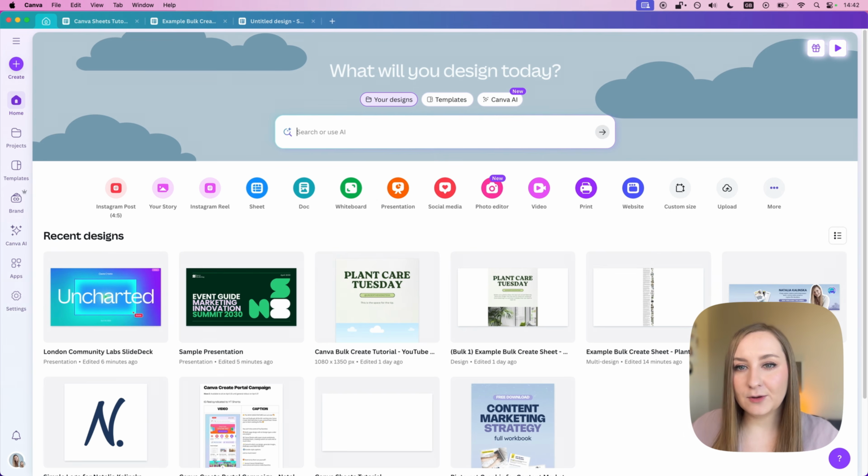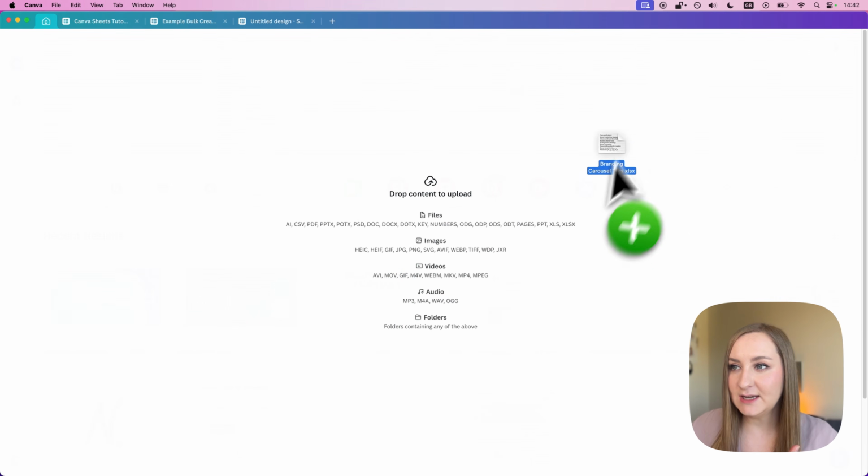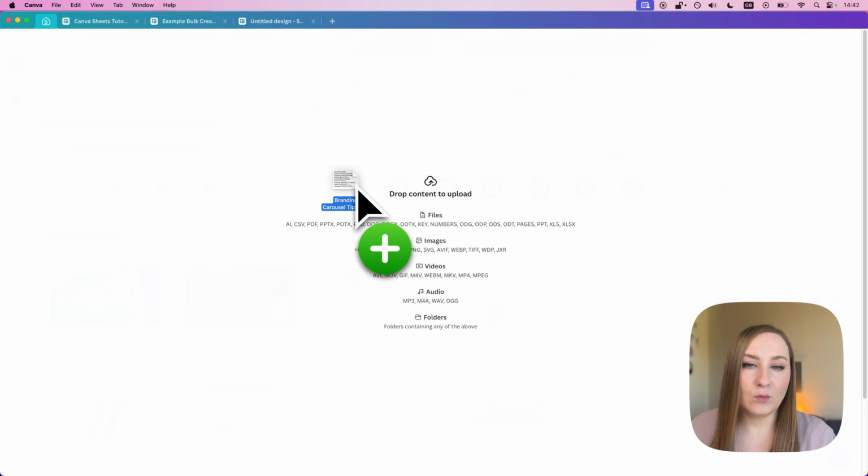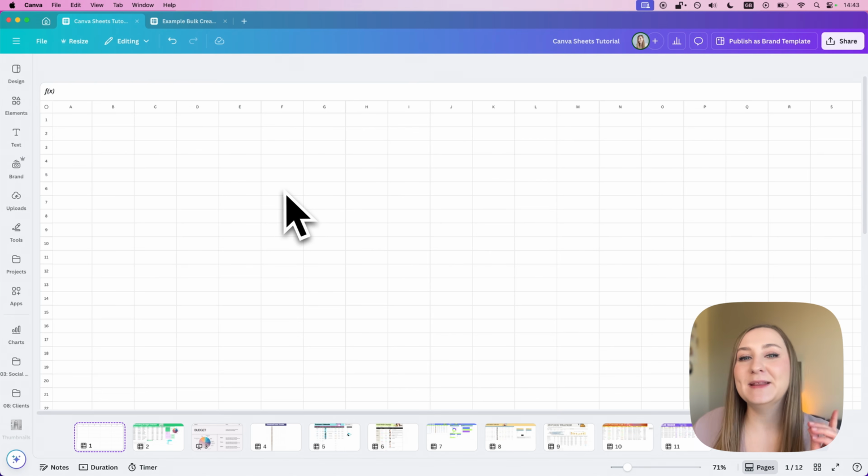Or you can just upload your own existing spreadsheet. You can see that I'm just dragging and dropping it into the Canva homepage, and it works from Excel, from Google Sheets and CSV files basically, so you just edit them right there. Now, just this thing alone makes it easy to bring over your old workflows and upgrade them without having to start from scratch. But let me show you how to use Canva Sheets as if you were starting from scratch,